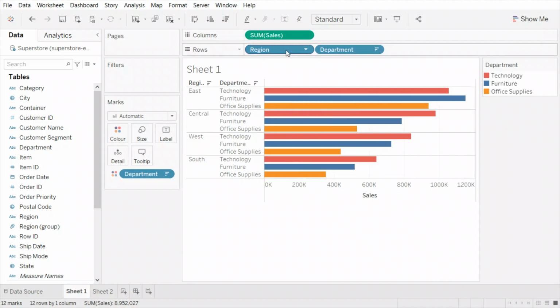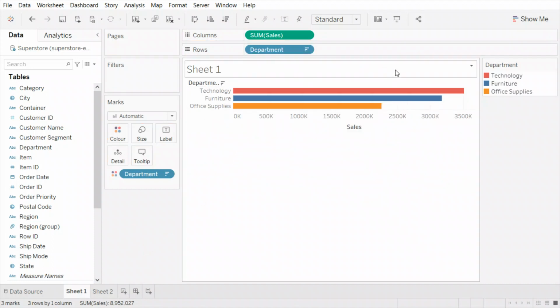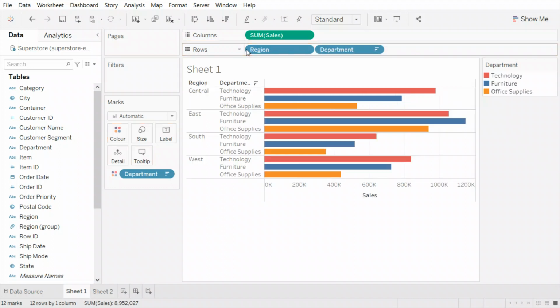If you want to check whether what I'm saying is correct or not, just take region out and you see that technology has the highest, right? This is why when you sort by the sum of sales only, you get technology to be on top. However, when you sort by nested, you will get